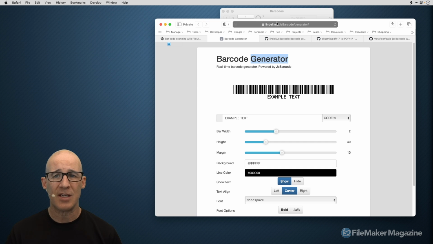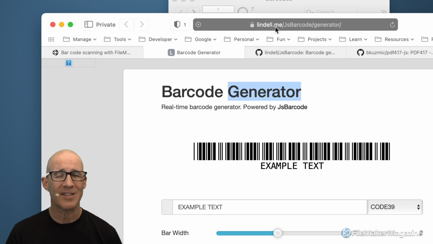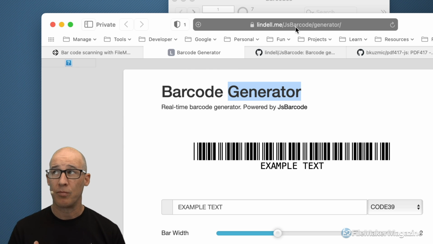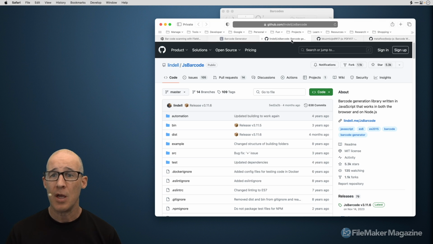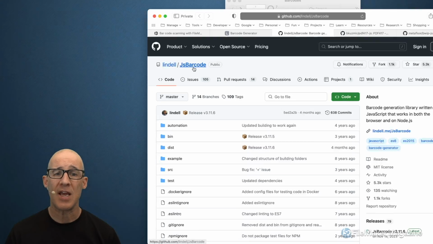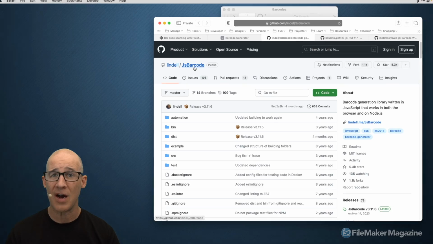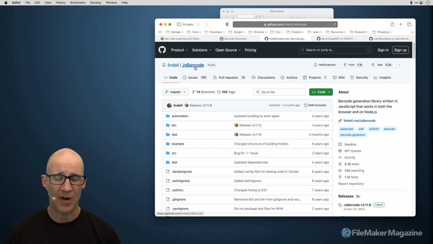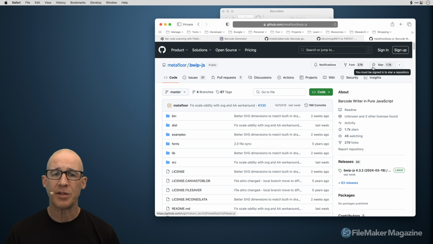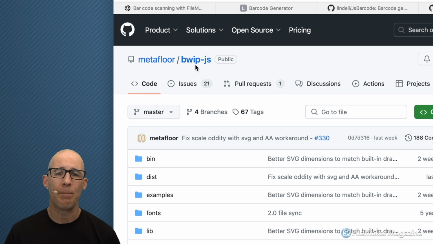Now, we can see that this particular URL, lindell.me.js barcode, there are two different libraries that are the bigger libraries for generating barcodes within web viewers in FileMaker. They are this one, which is JS barcode that we can see on screen right there. That's what I've implemented into my file, and it's also in another file that we're going to take a look at from Soliant. But there is also this one right here called bwip